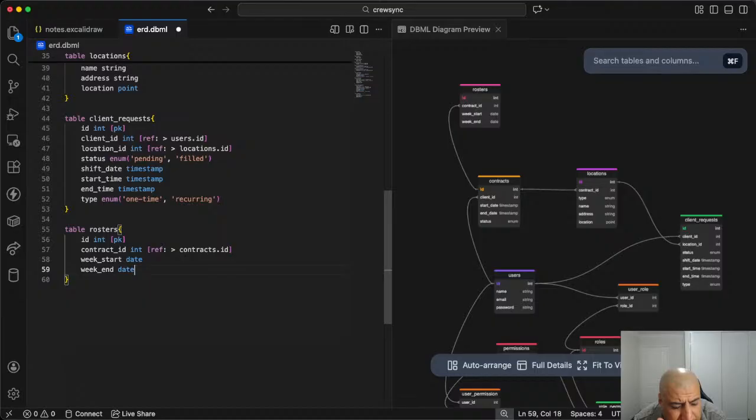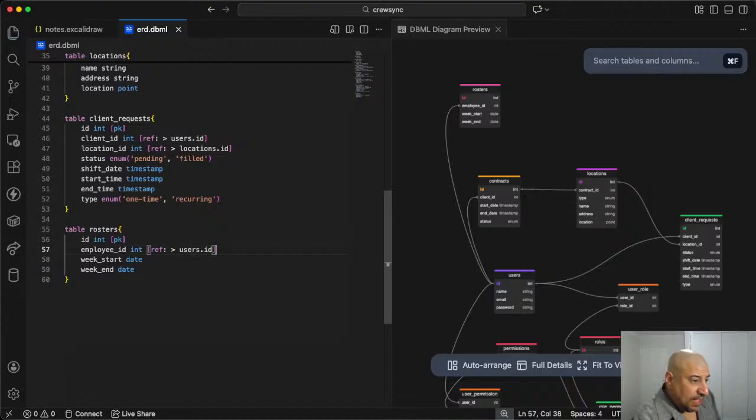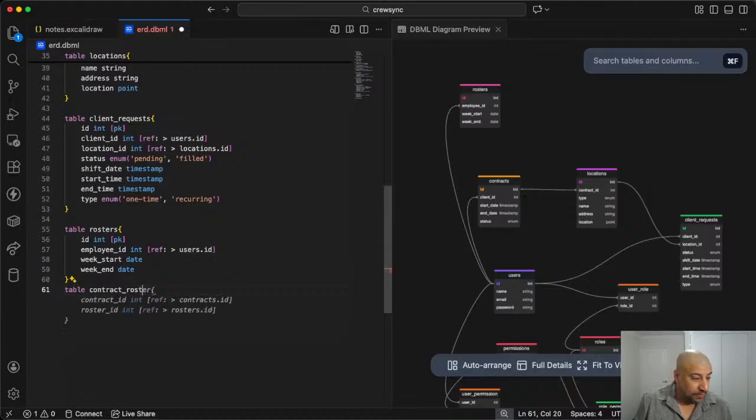So the rosters is not going to be for the contract. Instead, it will be for the user ID, which is in this case, let's call it an employee ID. Okay, and since that employee will be able to be working with multiple locations, that means it's a many-to-many relationship with the contract. So we're going to have a table contract roster,